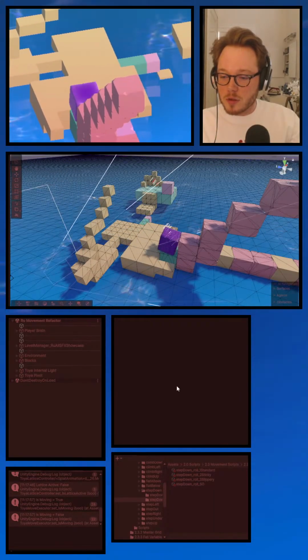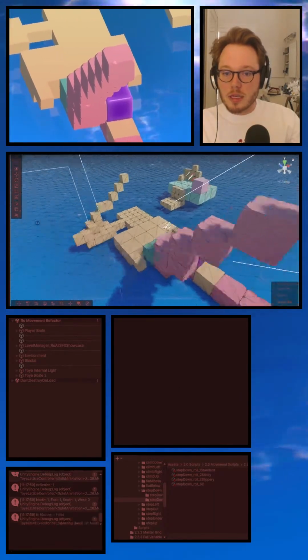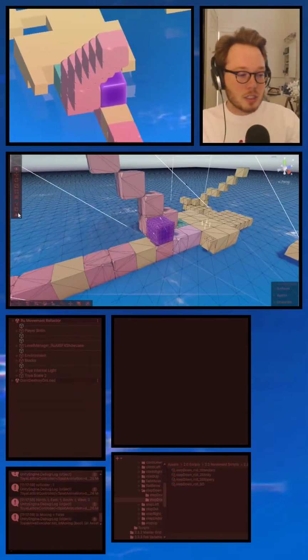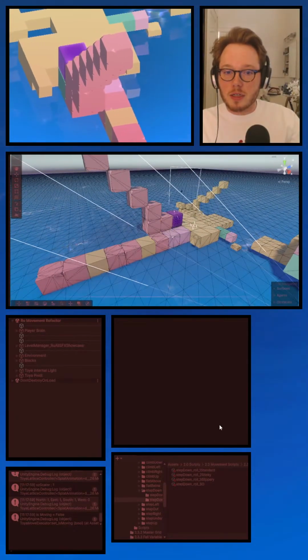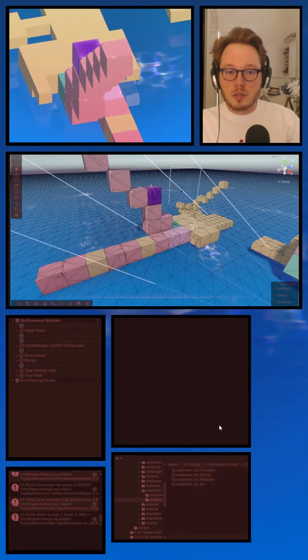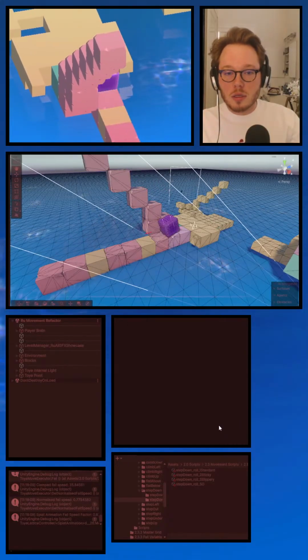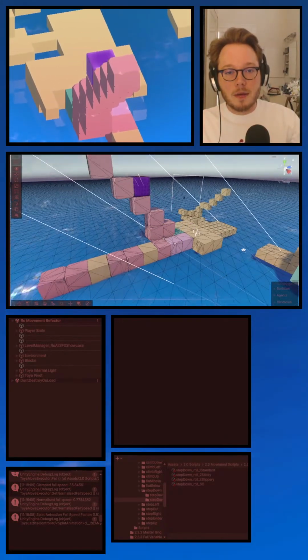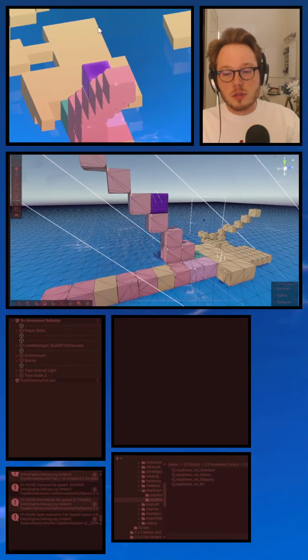Yeah, I think I need to move on to the crushing stuff because I need to refactor that whole system because I've changed the way it works. I think I like how that looks.